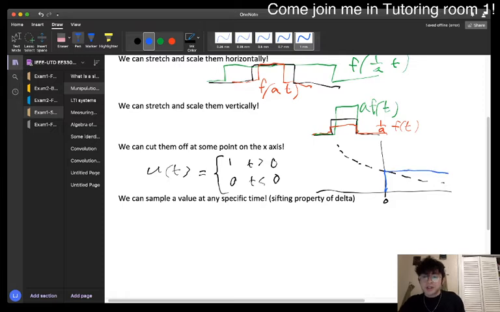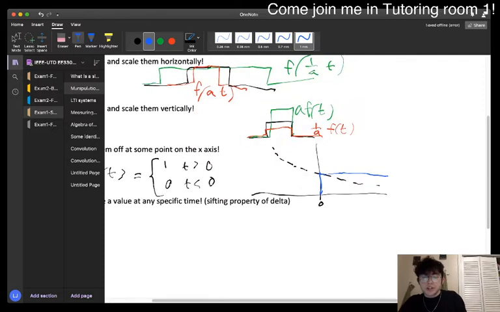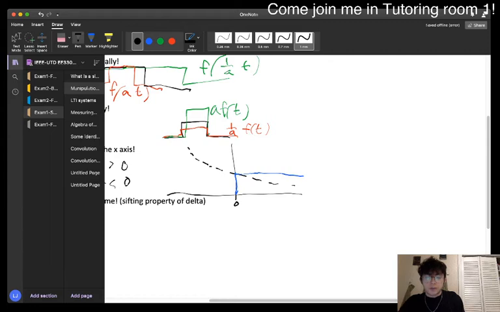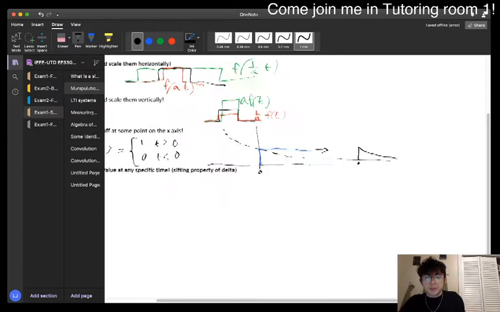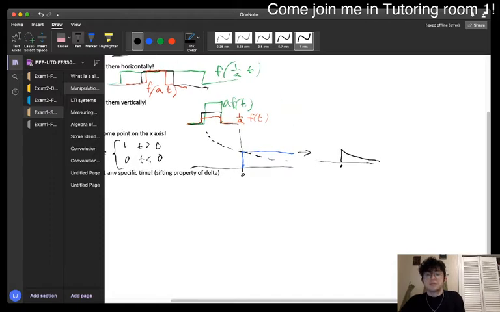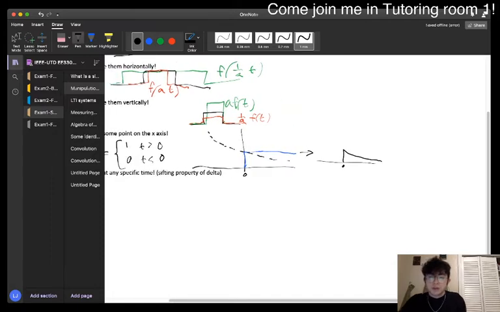And notice that this gives us everything that's to the right of the y-axis. So this gives us just this exponential that is cut off at 0. So that's what I mean by we can cut things off. And we can also specify any kind of piecewise behavior that we were talking about just a second ago with